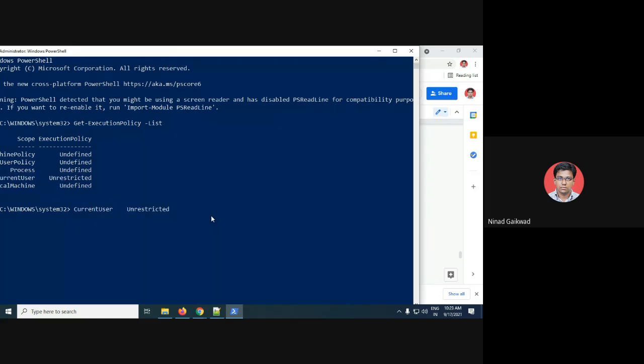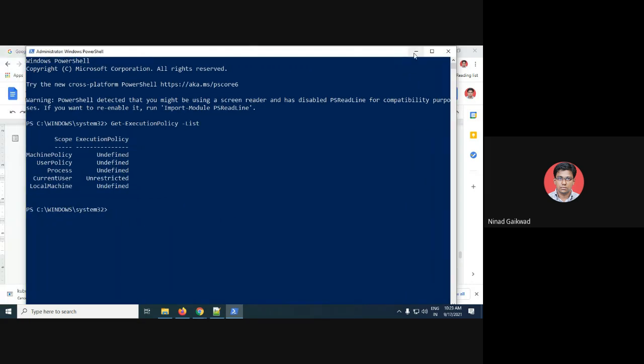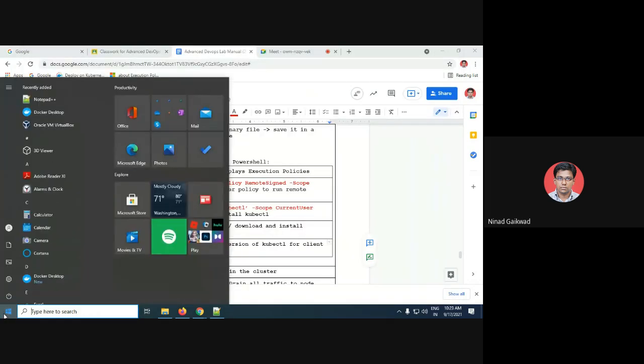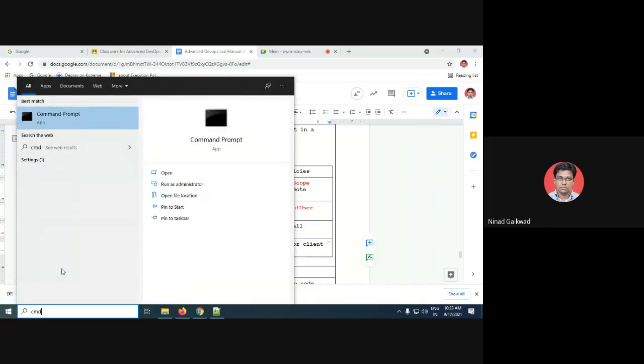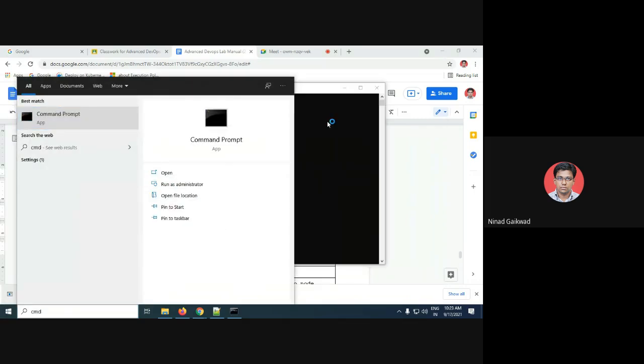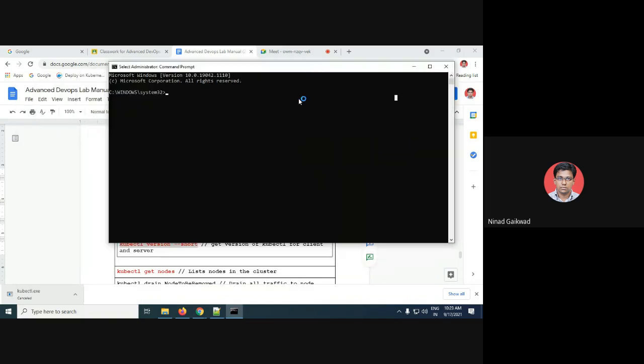you can also run this on command line, that is your cmd. It's not necessary you run it on PowerShell, that is for kubectl commands. So once you have installed this, you can just open up a simple command prompt. I'll do it as administrator because I want all the privileges. And just if you type in